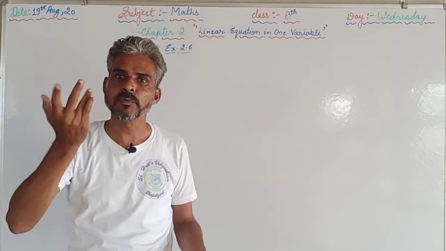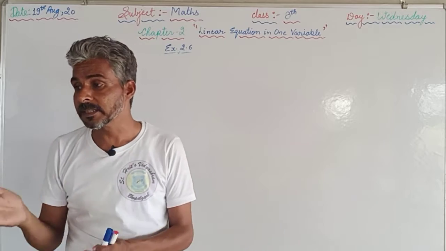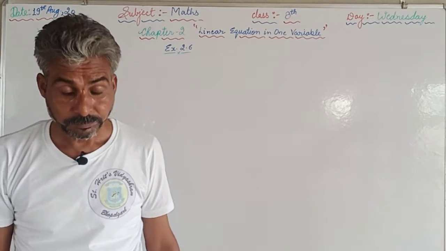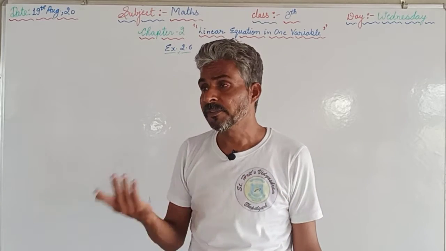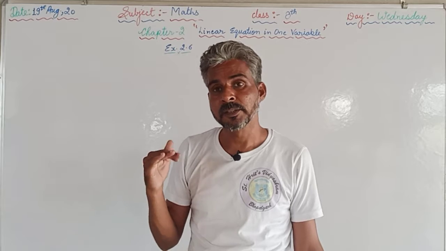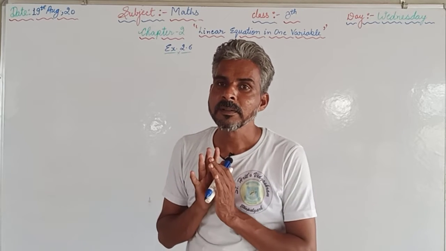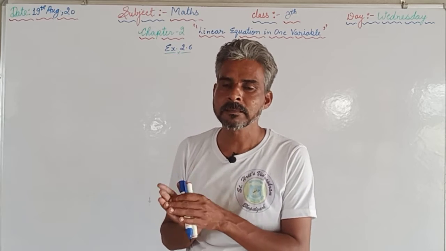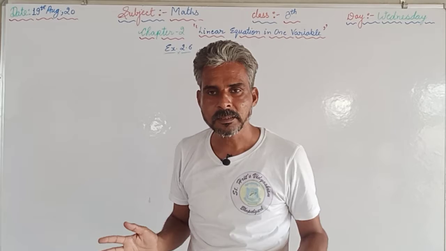So the value of 2 will be 2 wherever we write it, but the value of x can be changed, as you have seen in this chapter, that we are getting different values of x or different values of y. Why? Because the equations are different and the information given in the questions is different. So the value of a variable is not fixed. It changes with the different information given in the different questions.